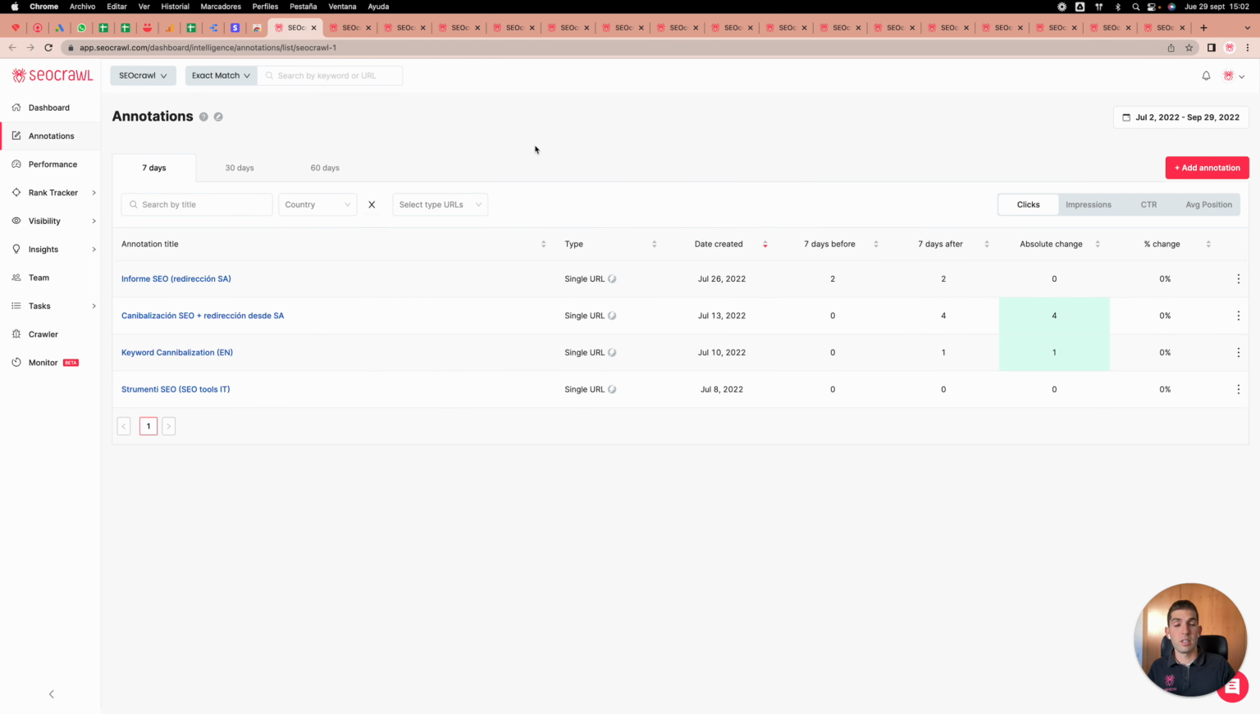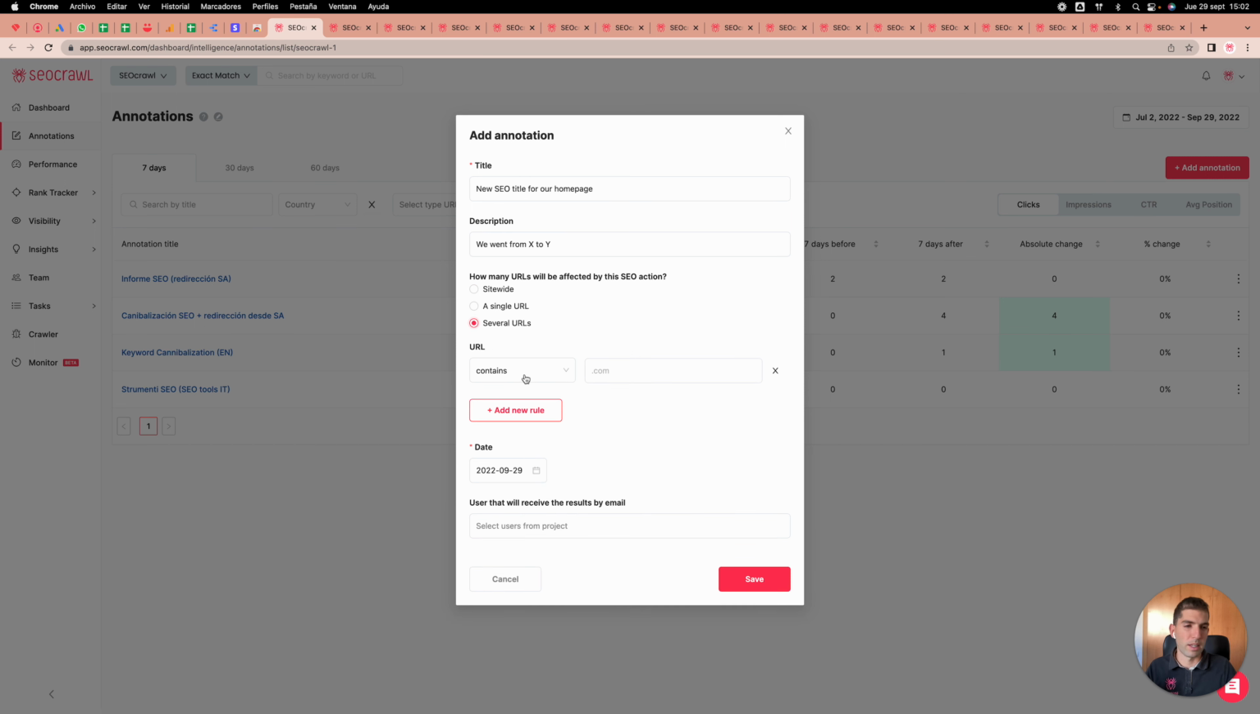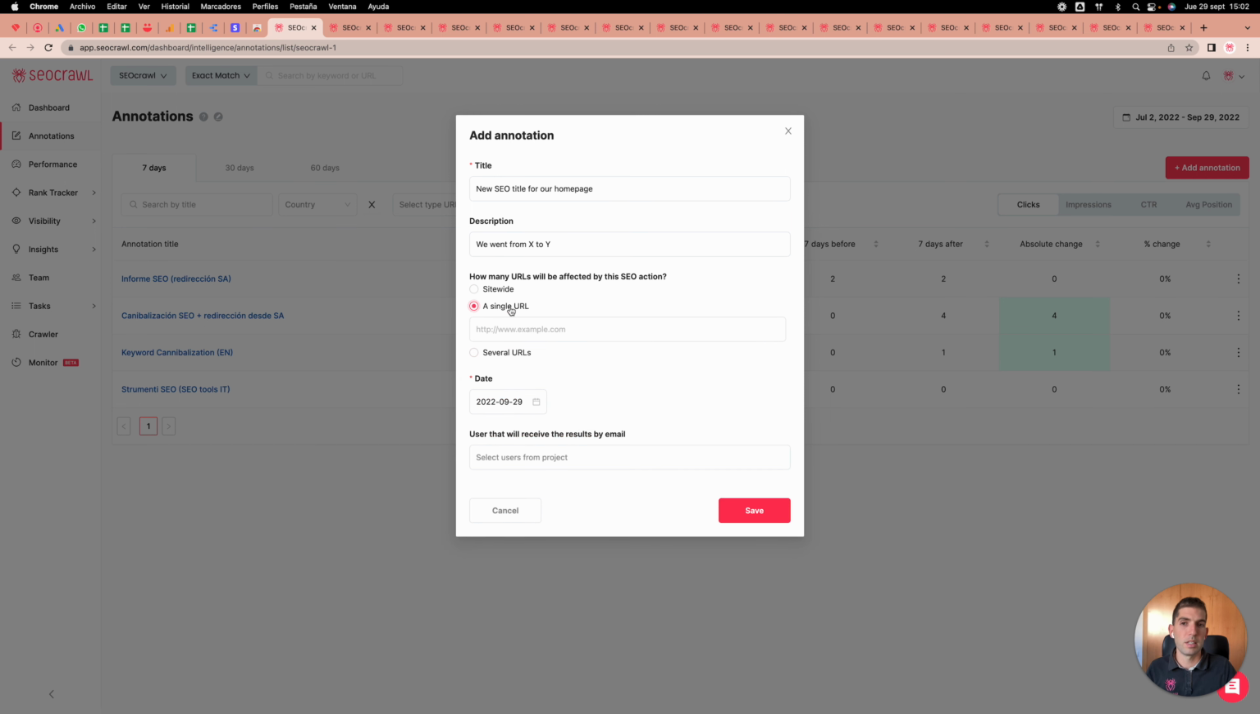Going to the annotations, this is probably, as I mentioned, one of our most important products. And how does it work? It's super easy. We add an annotation and we say: new SEO title for our homepage, we went from X to Y. And then the system asks us how many URLs were affected by this change: globally, single URL, or several URLs. We have regular expressions, matches, differences, whatever you need. But in this case, it would be a single URL,